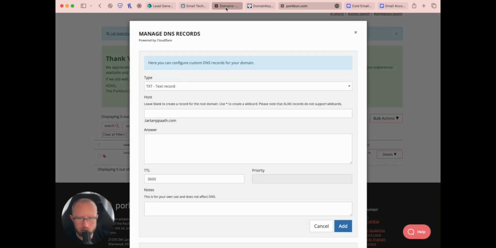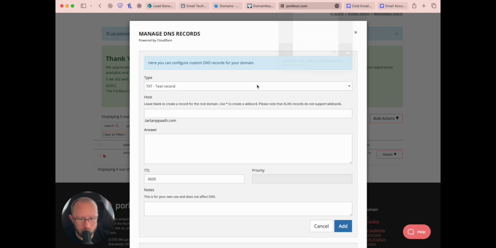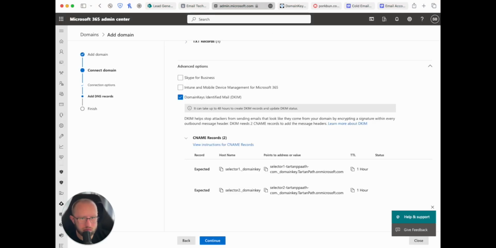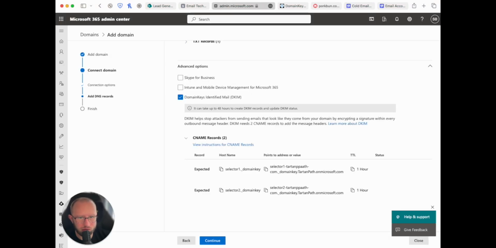So as we go to the domains here, we can see that essentially these are CNAME records. As opposed to TXT, it's a CNAME record, and then we have to add a host name and a value, and you just leave it at 600. So anyways, I'm going to quickly do this. Just add selector 1, go back here, add selector 1, add that in, make sure we change that back to 600, add that record, go back in here, and do the same for the second one,